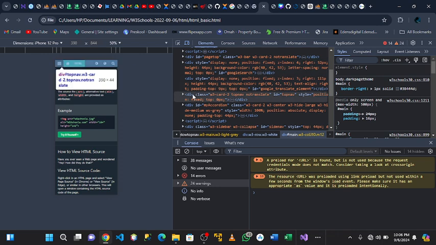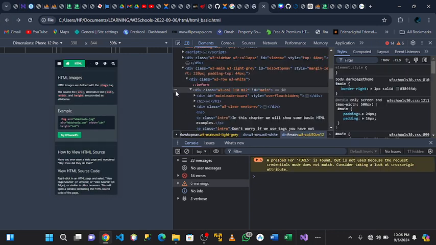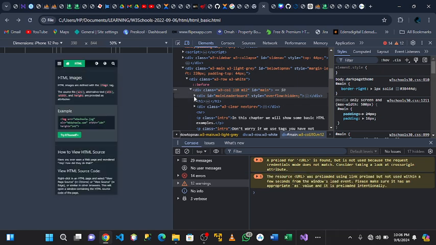If you want to know where this house logo you are seeing here is being gotten from, this house logo here, you can just click on the